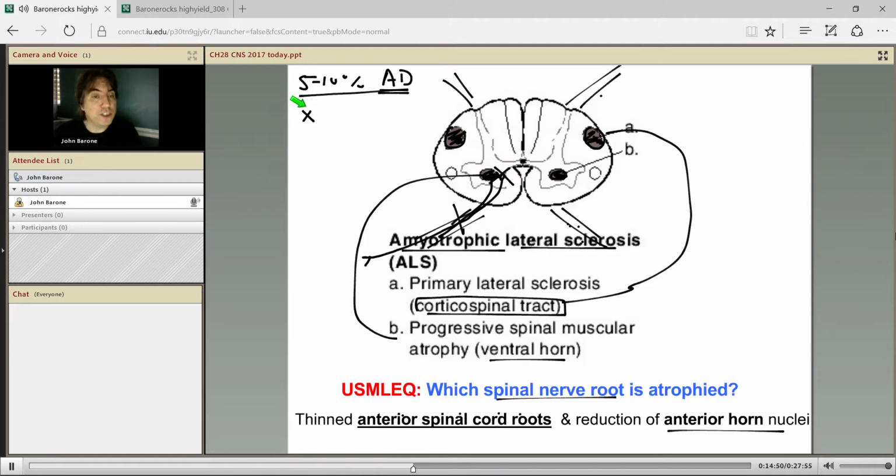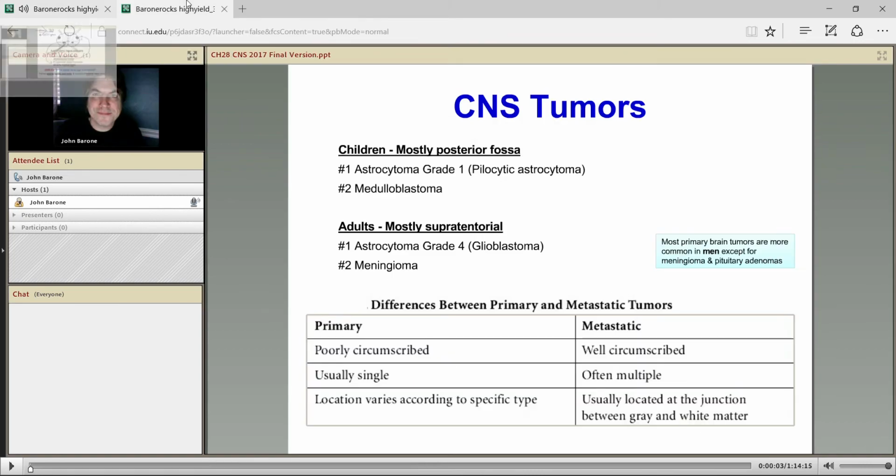Now, for these genetic cases, there are several genes, but the one I've heard them ask on the exam is superoxide dismutase 1 gene mutations. So again, there are other genes too, but this is the one they seem to ask. So 5 to 10% of ALS is genetic. It's usually dominant, and it usually on the exam